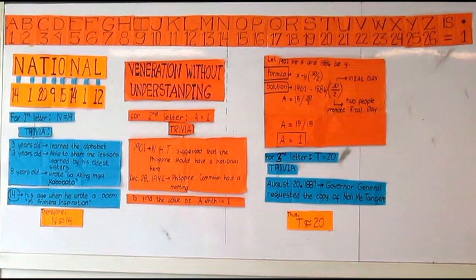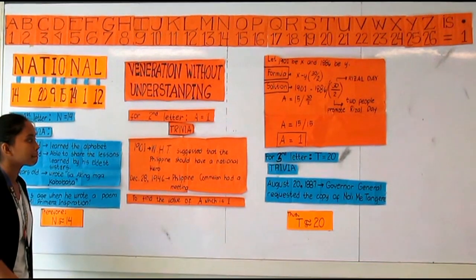Other talents. For us, Rizal is really a talented person because at the age of 3, he could teach his younger sister what he learned from his older sister. It is also said that Rizal possessed a particular talent which influenced the style of the period, was accidental. But he is really talented in different fields. He is a writer, sculptor, scientist, doctor, etc. How can they say that those talents are just accidental? Again, the value of our letter N is 14. Next is letter A. To find the value of letter A,